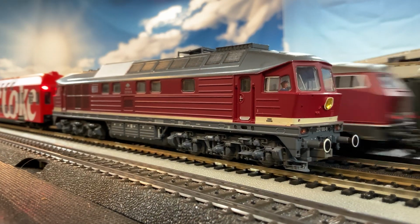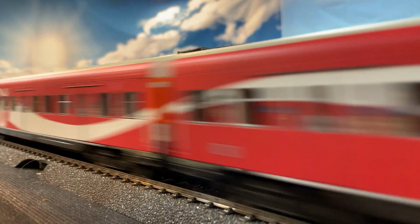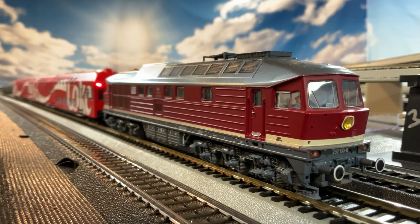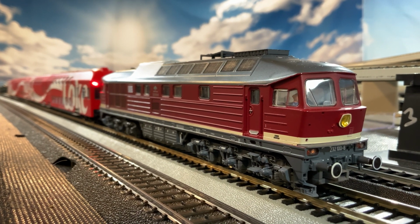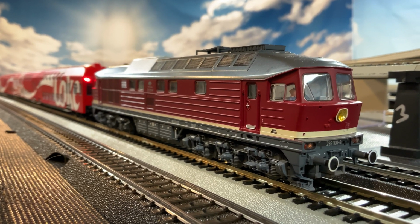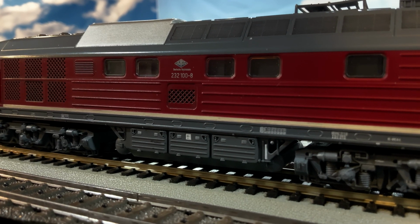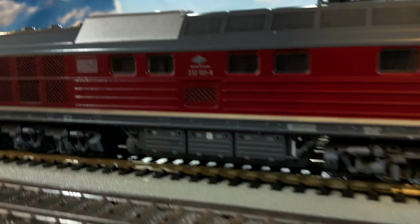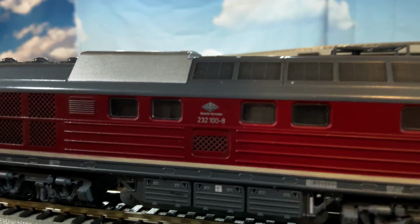As far as the other set, I'm going to go ahead and run, I don't really have too many DR diesels or any kind of locomotives, but it looks like the Ludmilla here pulled just about everything. So I don't feel too bad about putting it on there. It's the diesel with the face only a mother could love, but it's kind of quirky and keen because of that. So the VR232 Ludmilla should be a good candidate to pull this if you're trying to make a